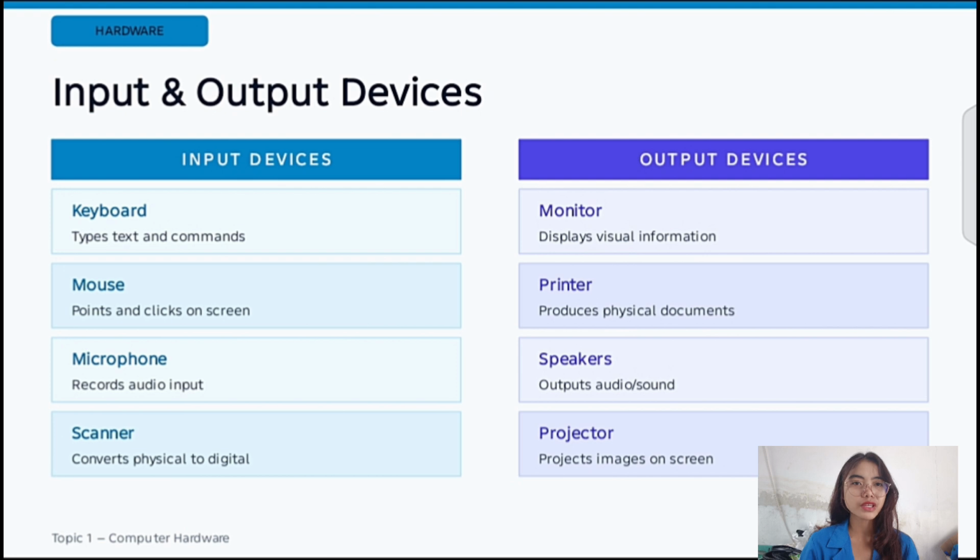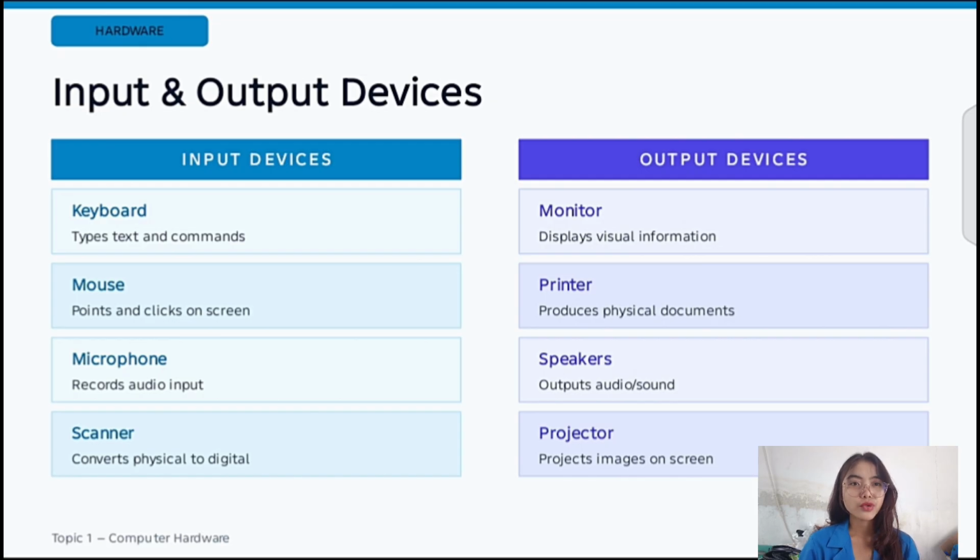The mouse is used to point and click on the screen. The microphone is used to record audio input, and the scanner is used to convert physical documents into digital files.